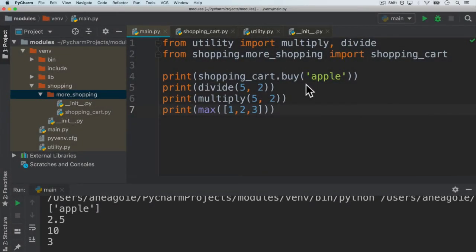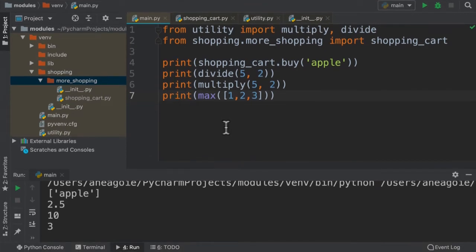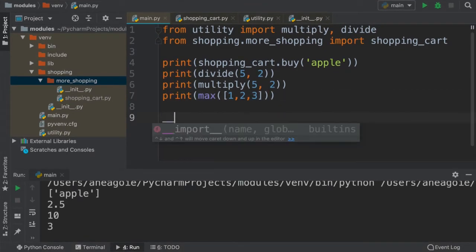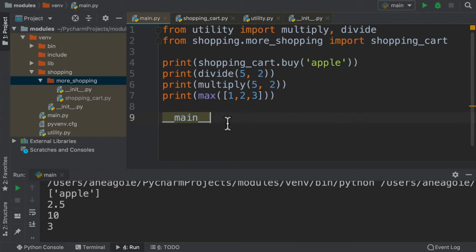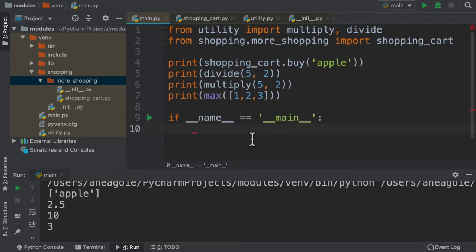Welcome back. In order to finalize our understanding of modules, we have to talk about an important concept, which is this idea of __main__, or specifically __name__. Because as you start developing in your career, you're going to start to see a lot of code like this. Now, this is one of the most common lines you're going to see when working with Python. And in this video, I'm going to explain what it does because it is one of the most confusing topics,